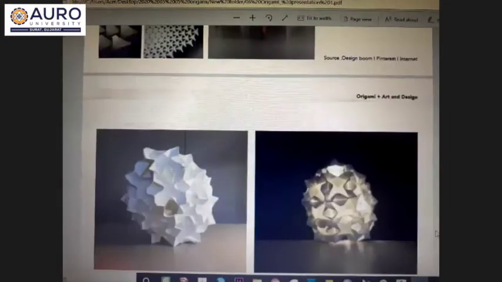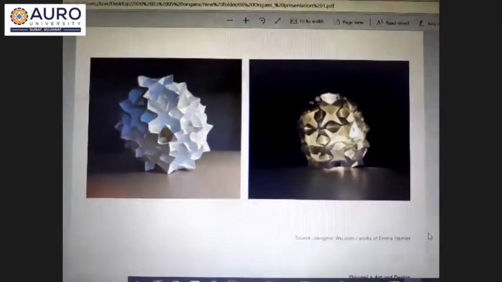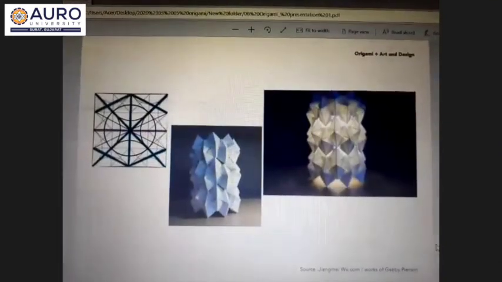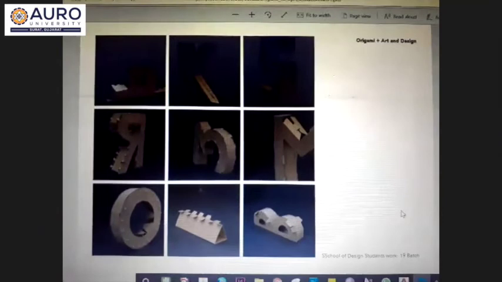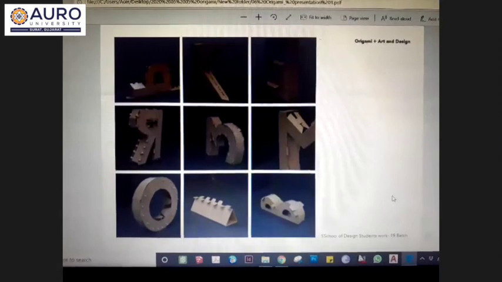Again a shelter here. And these are some very interesting modules. These are modules that have been generated using origami, and the moment you start repeating them, you arrive at a form that only origami can give you. It is not simple, it's quite complex. These are lamps that are generated out of folding techniques. Again, some lamps, folding techniques. And what you see as the last slide is one of the exercises that we did with the School of Design students. Using origami and folding, they made all the letters.